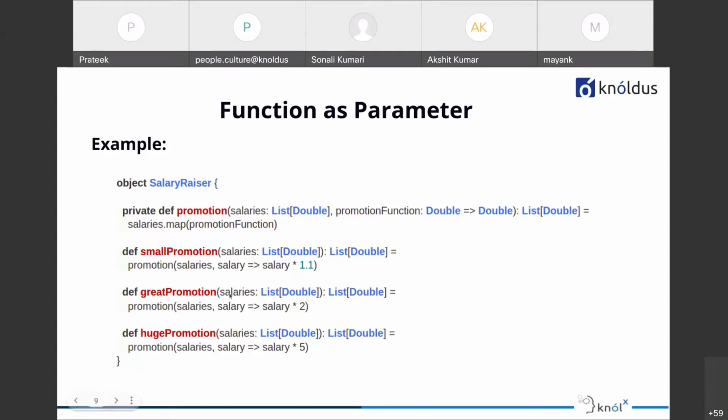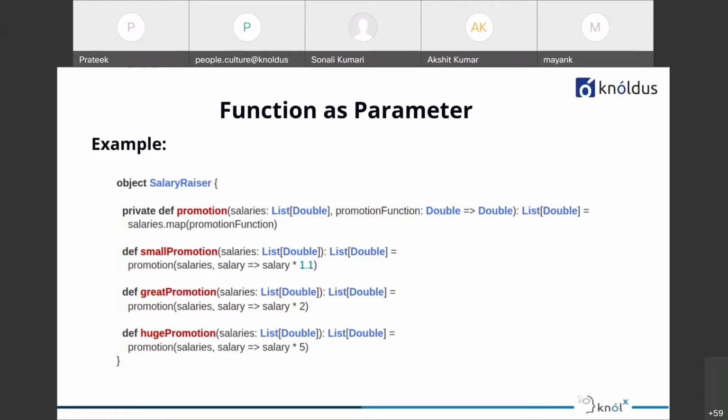Okay, and similarly, the great promotion and the huge promotion are also calling the promotion function, but they are increasing the salary a bit more compared to each other. I hope you get some idea of how we define a function that takes another function as a parameter, but we'll understand it better through the demo part.